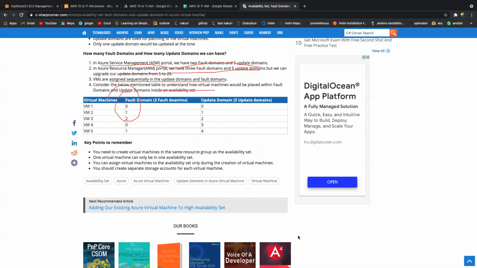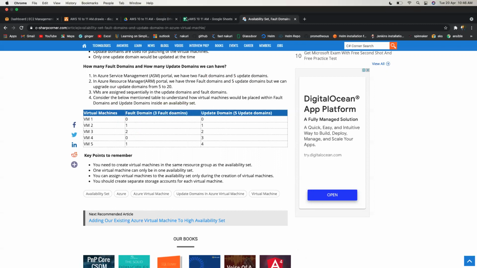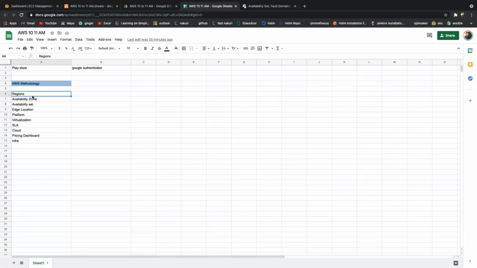All right. So I hope you understood what is meant by region, availability zone and availability set, correct? And even edge locations you understand. Update means when I'm doing the patching update. We should allow them to do the patching update one by one, right? We should not allow them to do it simultaneously. So that is update. Any questions with this part? Edge locations, how many? 54. Availability zones, 70 plus across the world. Regions, 21. So totally we have 21 regions, right?